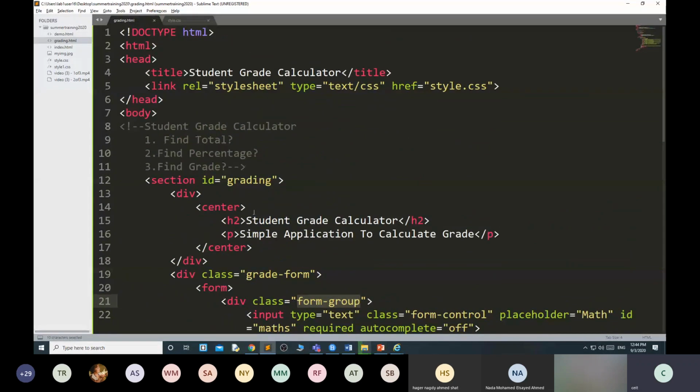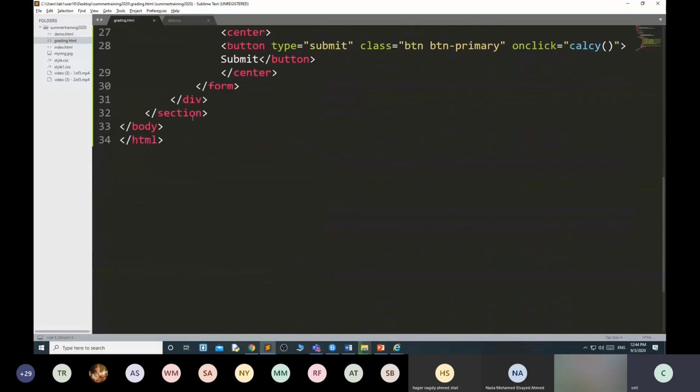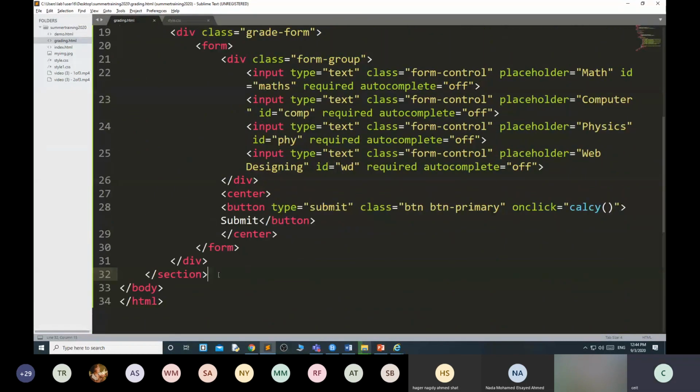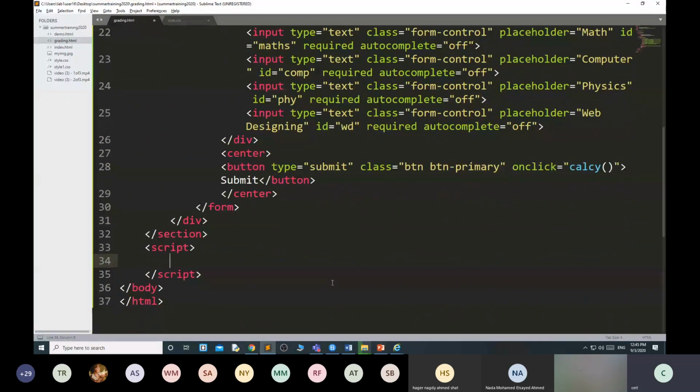JavaScript, I have told you that either you can write inside the head tag or you can write inside the body tag. Then after this section, I'm using script. This type attribute for JavaScript is not needed. Script. Okay.